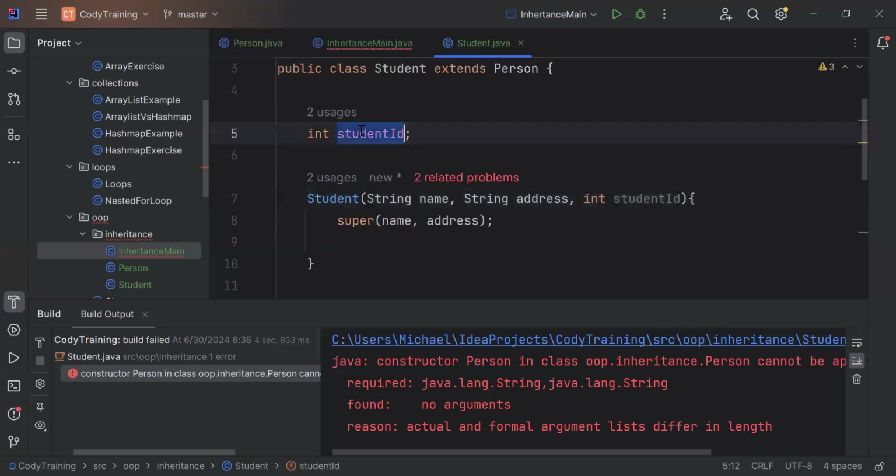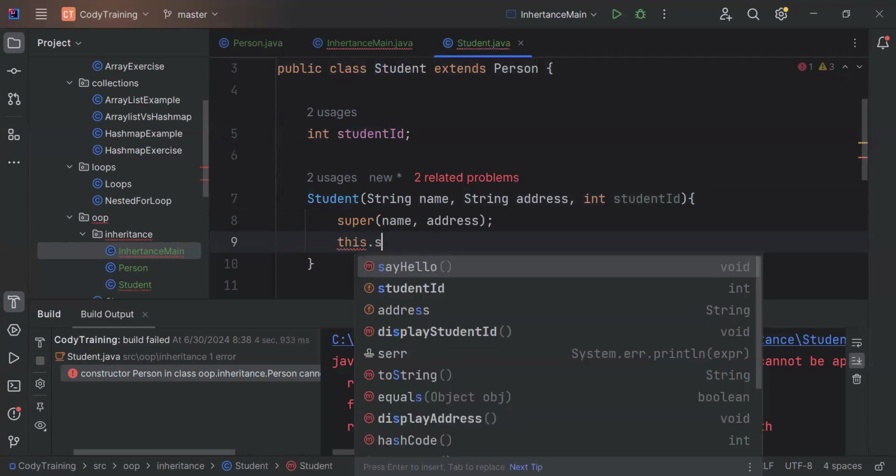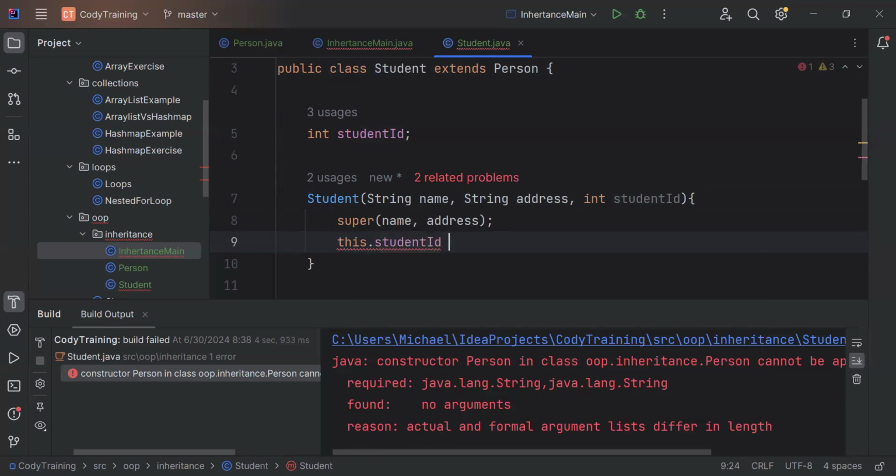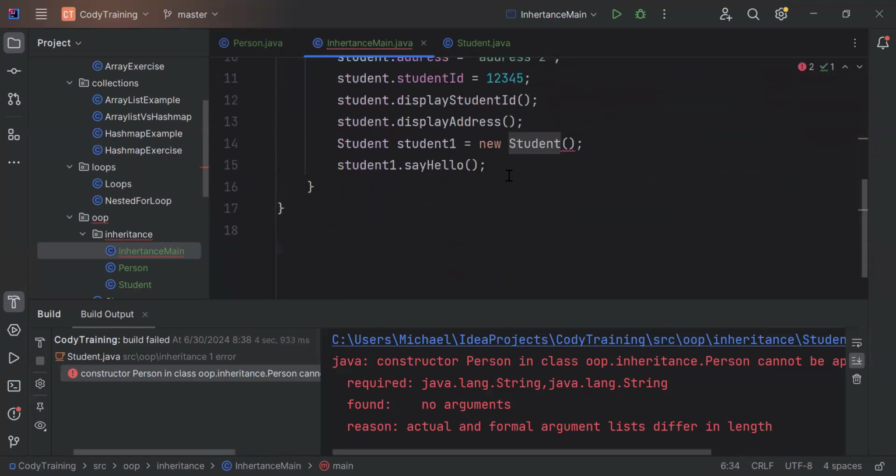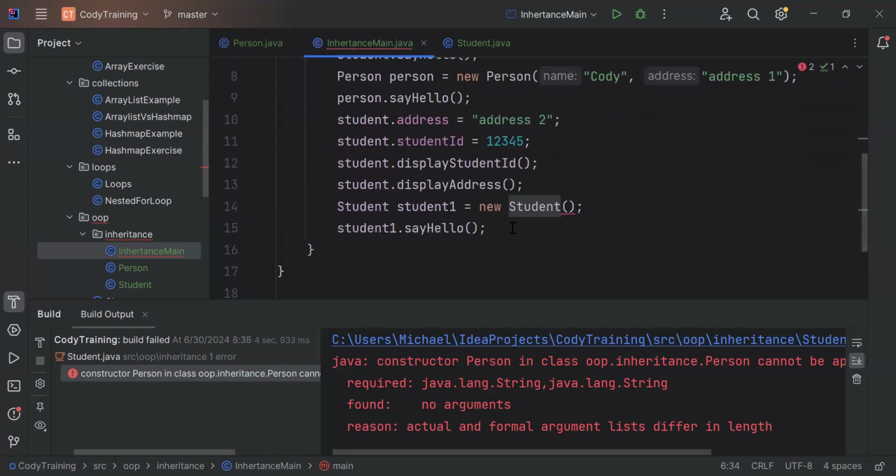So this student ID only exists in this student class. So we will set the student ID in the constructor equal to student ID. And yeah, we will put here